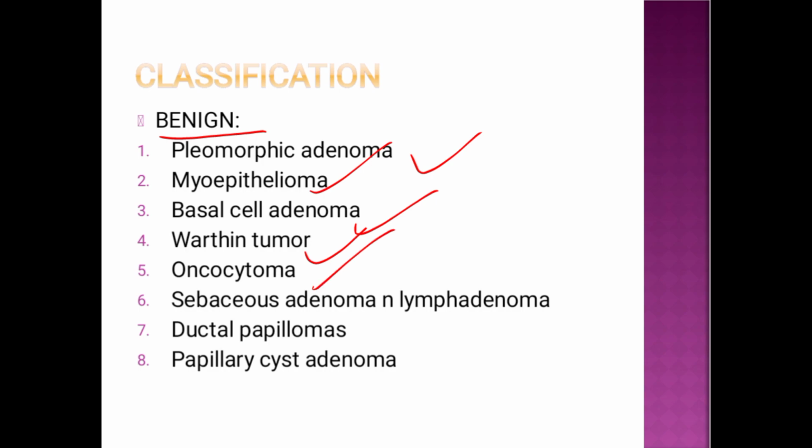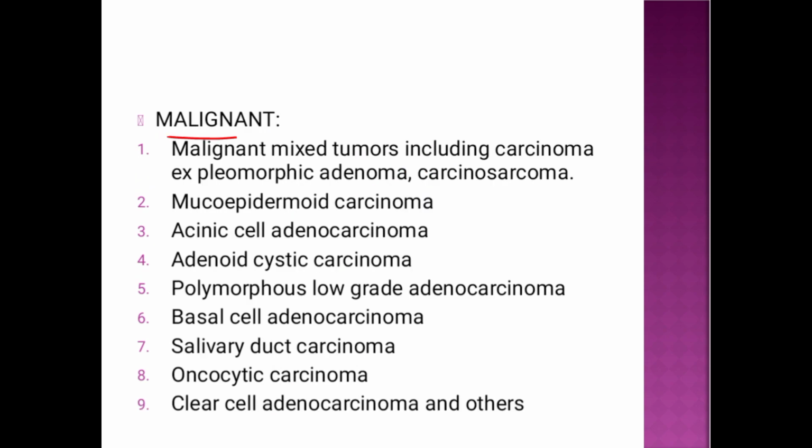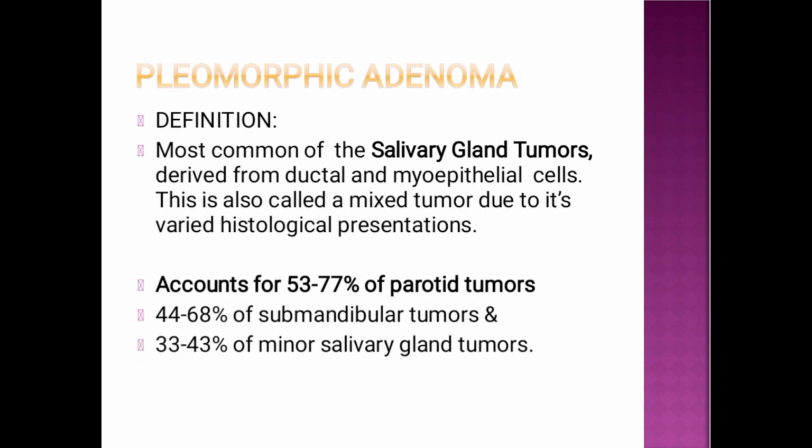oncocytoma, or papillary cystadenoma. Then malignant, you have basically mucoepidermoid carcinoma, acinic cell adenocarcinoma, and adenoid cystic carcinoma. Very important, adenoid cystic carcinoma. You have basal cell adenocarcinoma, salivary duct carcinoma, etcetera. Then coming towards the most important, basically here we have